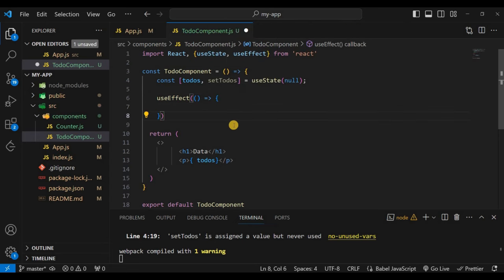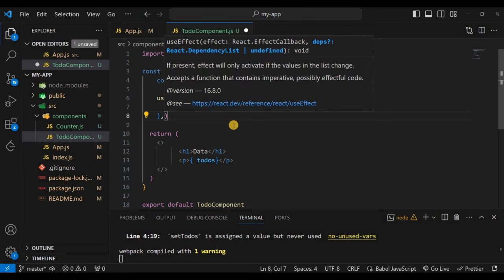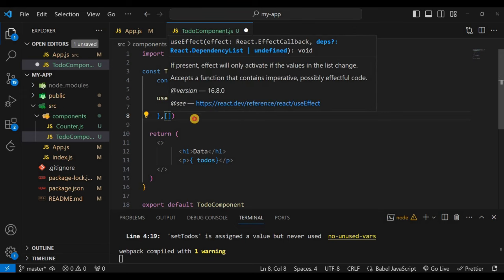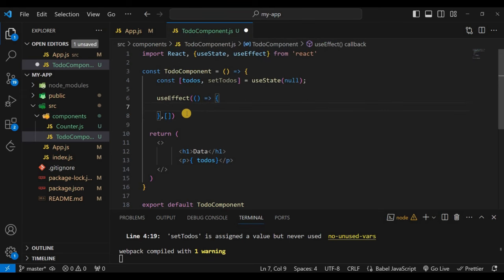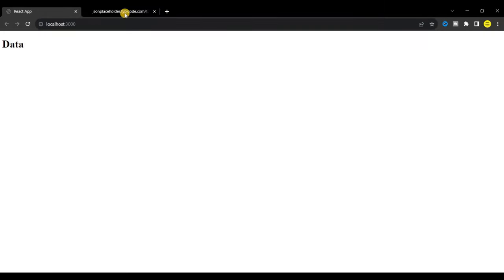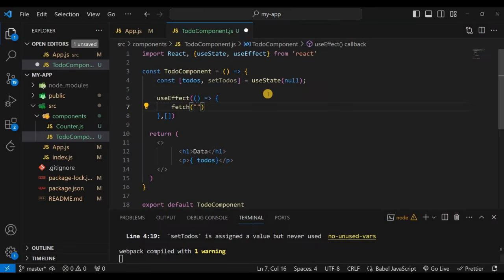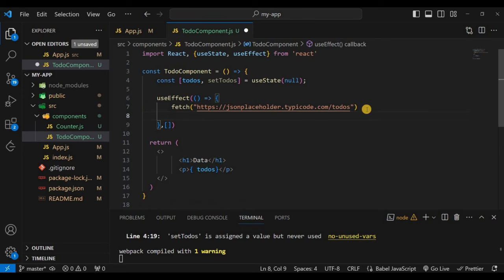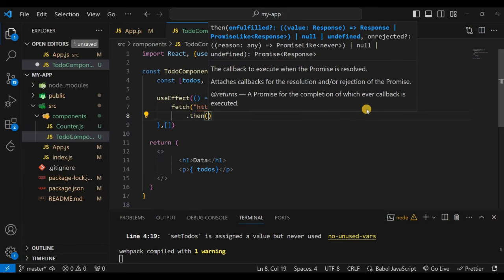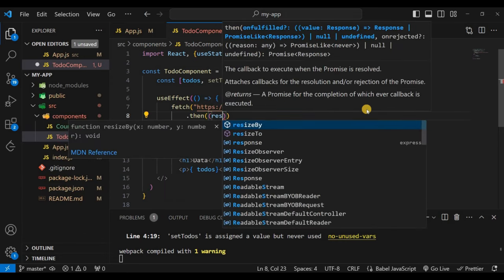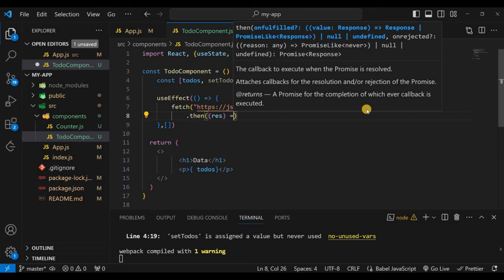और यहाँ पे क्या होगा, यहाँ पे एक एम्प्टी एरे डिपेंडेंसीज होगा। सो इस यूज इफेक्ट के अंदर हम लोग एक फेच मेथड लिखेंगे। सो इसके अंदर हम लोग ये जो यूआरएल है इसको यहाँ पे दे देंगे। ओके, विल पेस्ट इट हियर। अगर फेच लिखा तो इसके बाद देन लिखना पड़ेगा। देन के अंदर एक रिस्पॉन्स आएगा।